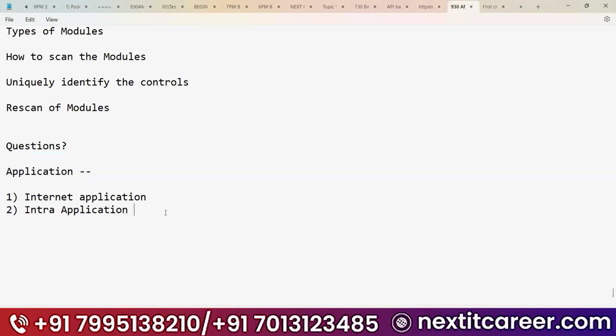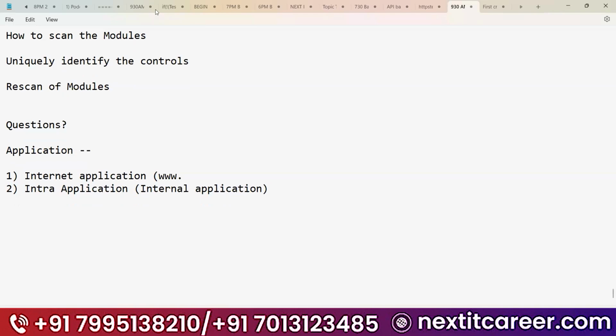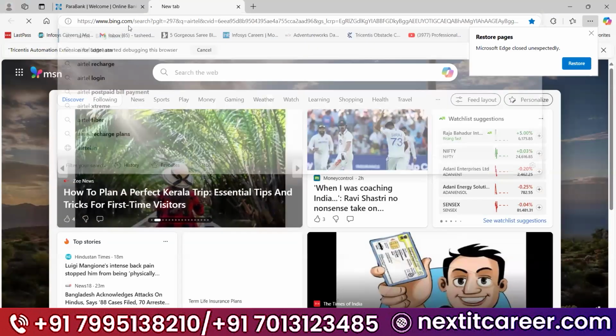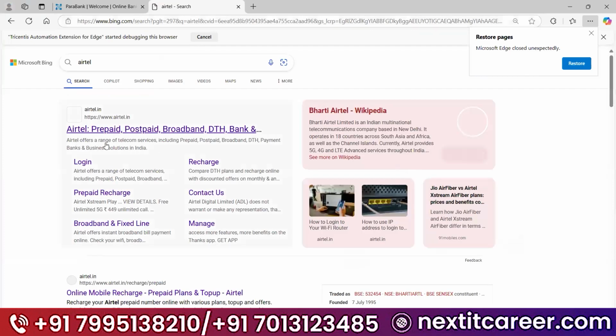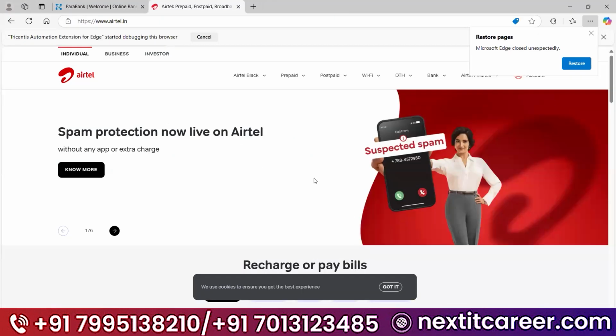Internet means you will have it on www, the World Wide Web. But the other one is the internal application. For example, Airtel has its own internet application, www.airtel.com. This is the internet application, where everyone can see it.